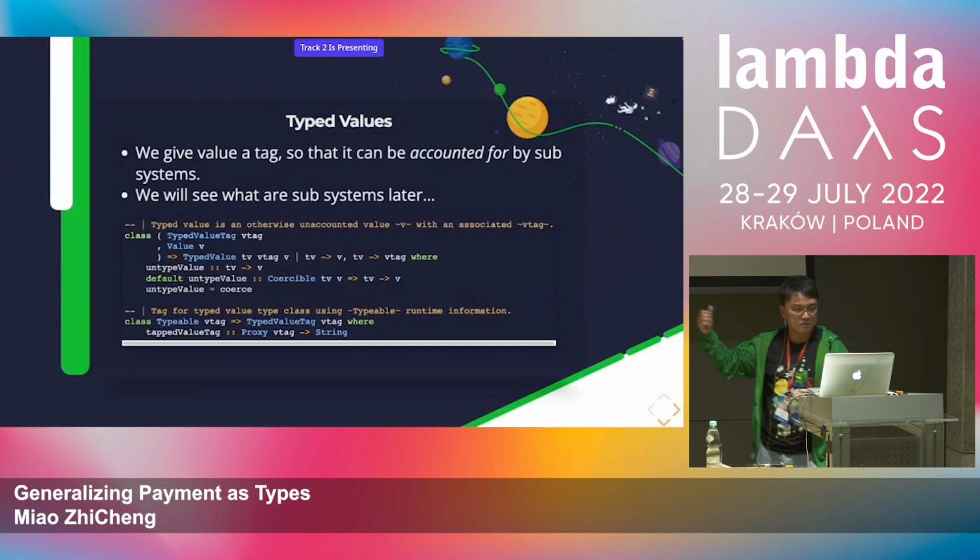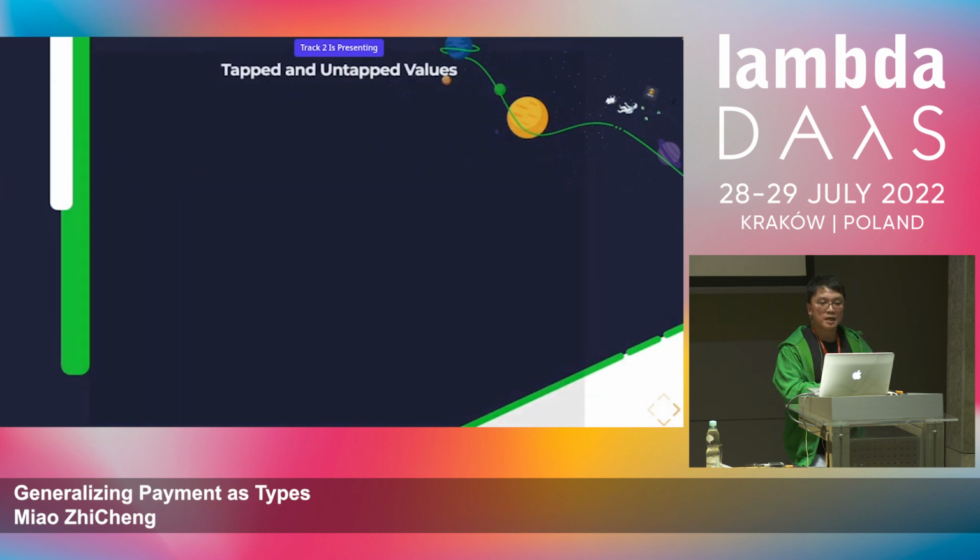So the way I build it in the toy model is that let's give it some sort of tag. I happen to use just typable. Typable is more like runtime information, but some people may say that maybe a sum type is better. Runtime information is probably more expensive, but that's not a concern. So in general, this is about adding type information to the unaccounted value. Let's call it accounted value. Accounted value has some sort of type, and it should only be used by a specific subsystem. We'll describe what a subsystem is later. I'm building up the concept, so bear with me here.